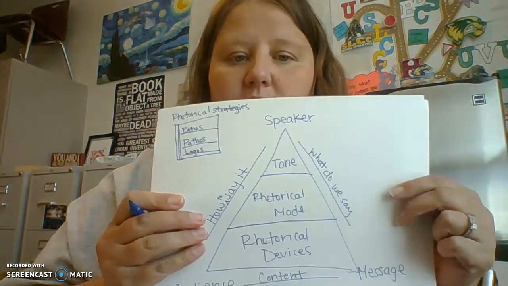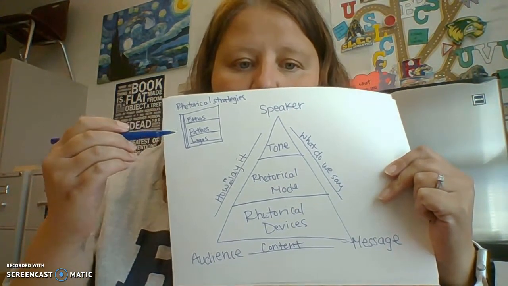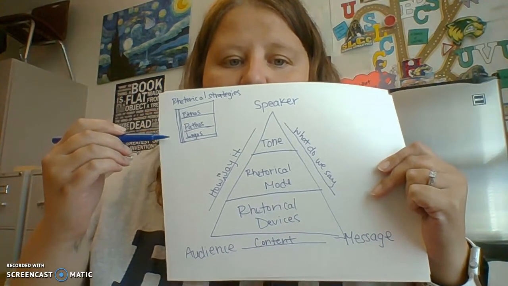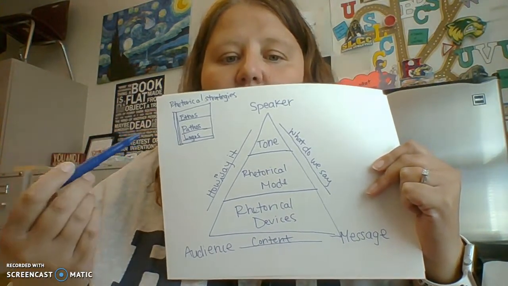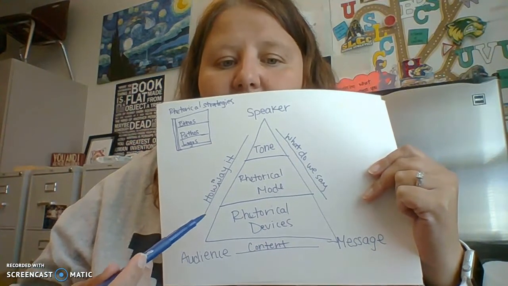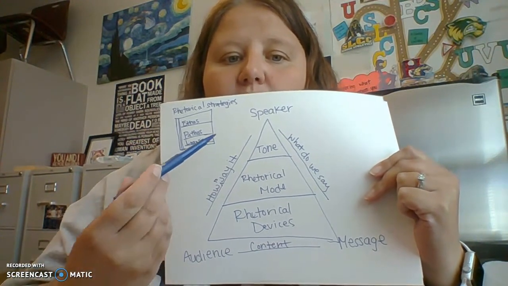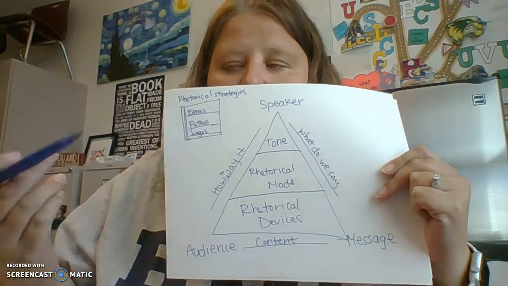So remember I said that any good communication will have these things, right? They have ethos, pathos, and logos. That's what I mean by these things. Obviously, you guys should just know what that means. Okay, so then we have our rhetorical strategies, which are these things that we'll always have. And then we're going to break down what actual rhetorical devices we use in order to accomplish these strategies. And so that's what we're going to go over.